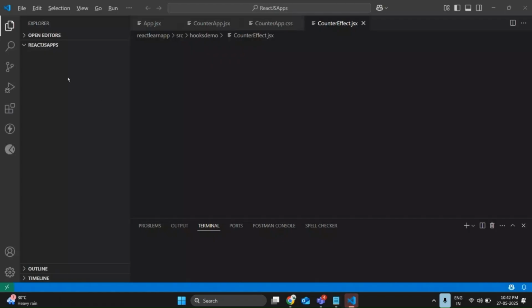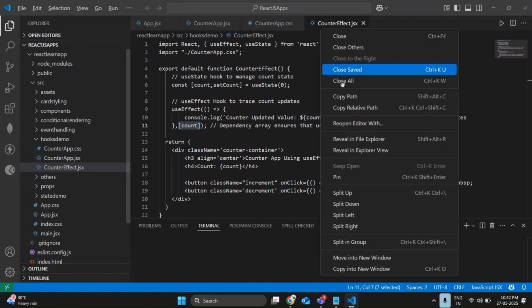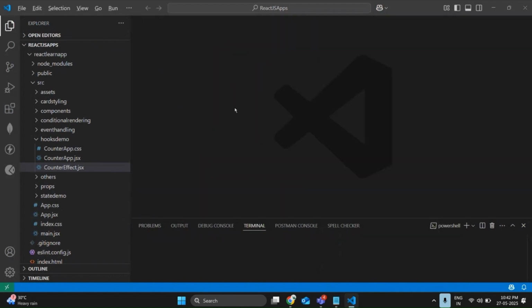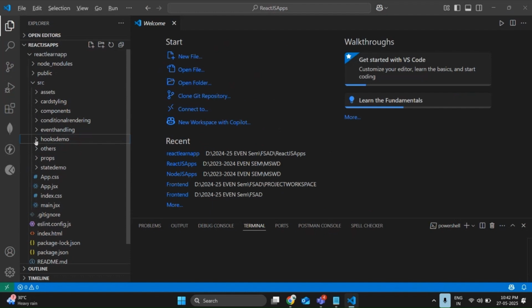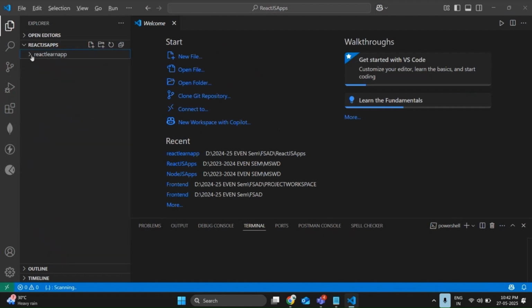So we completed successfully all the event demo, card styling, everything done successfully. So we are done with the React Learn app. I don't want to confuse you again. So let us try to create one new React app: npm create vite@latest, React